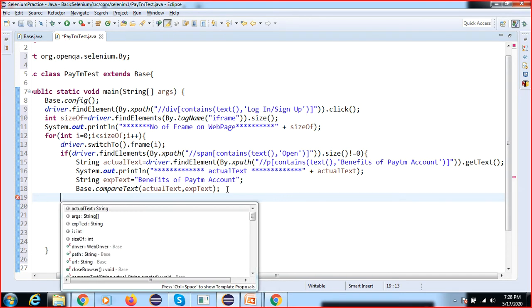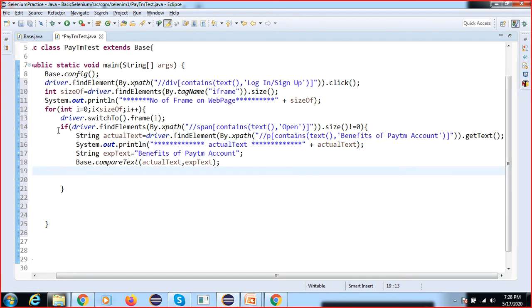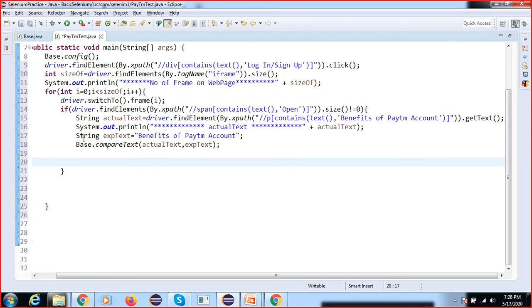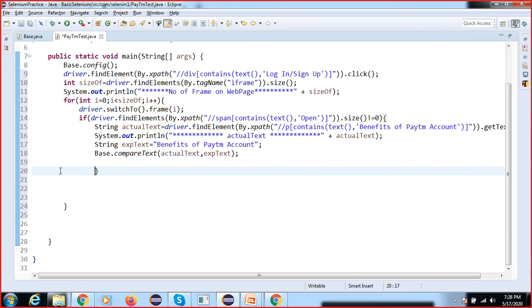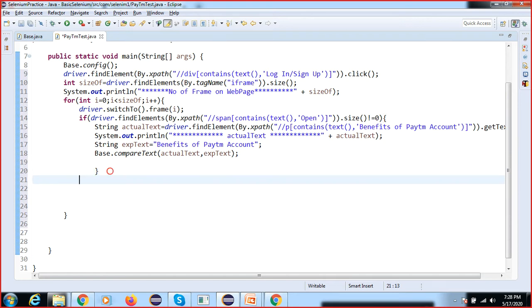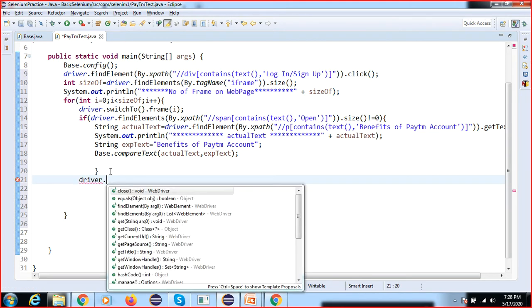I cannot write here. So now what I can do is switch to the parent frame. I think I created a method, but I'm writing it again. I will call the inbuilt method later.